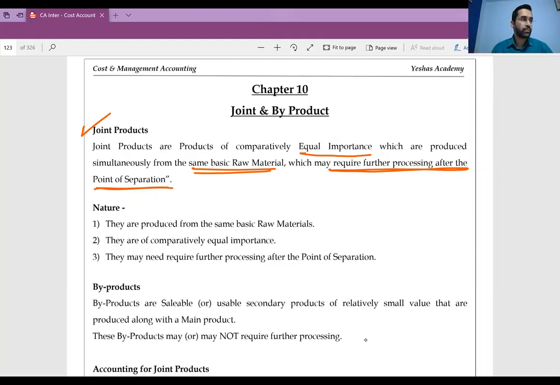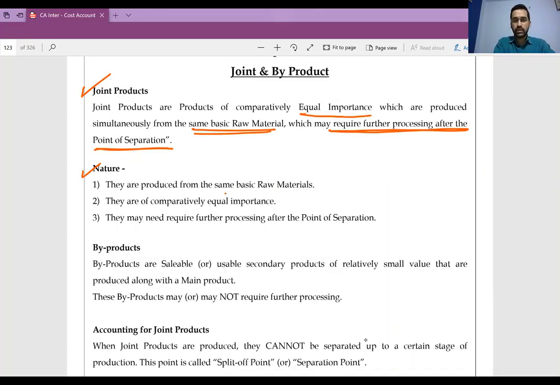It is like petroleum extraction activity, right? You don't actually spend material, but you do one common activity where you extract raw petrol, raw diesel, crude oil, we say. Let me use it as raw petrol, raw diesel, raw kerosene. Process is same, but outputs are more than one nature. They are produced from same basic raw material. You can even write as same process. Make a note in your textbook, same process.